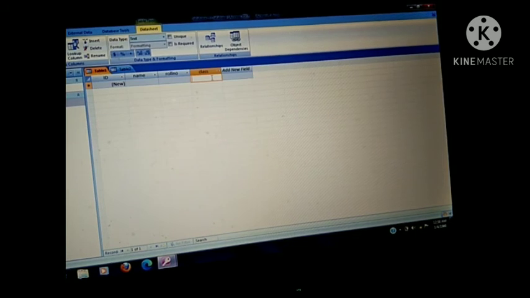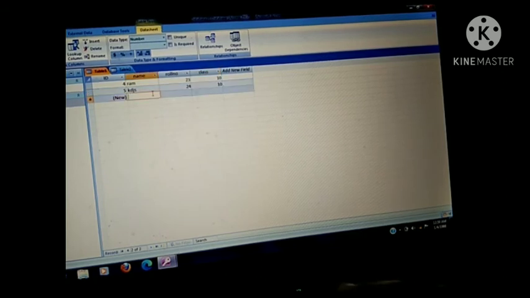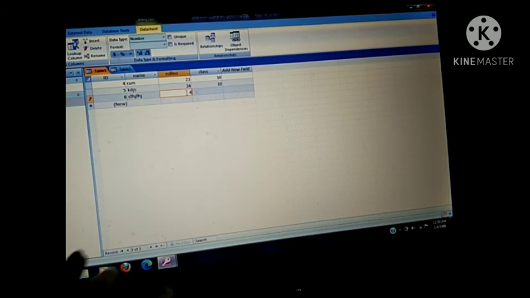So here in the table, you know that these are the field names, ID is a field name. So a complete table is having a few columns, a few rows. A row in a table is also known as a record. So I am entering the first record here. Name is Ram and roll number is 23. Class is 10. Next record I am inserting, roll number 24, class 10. So in this manner we are creating the table in datasheet view. So like this we can create the table.